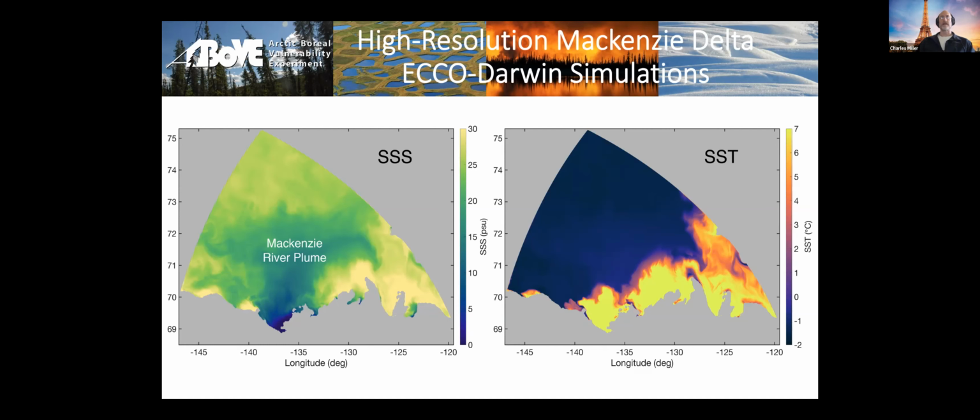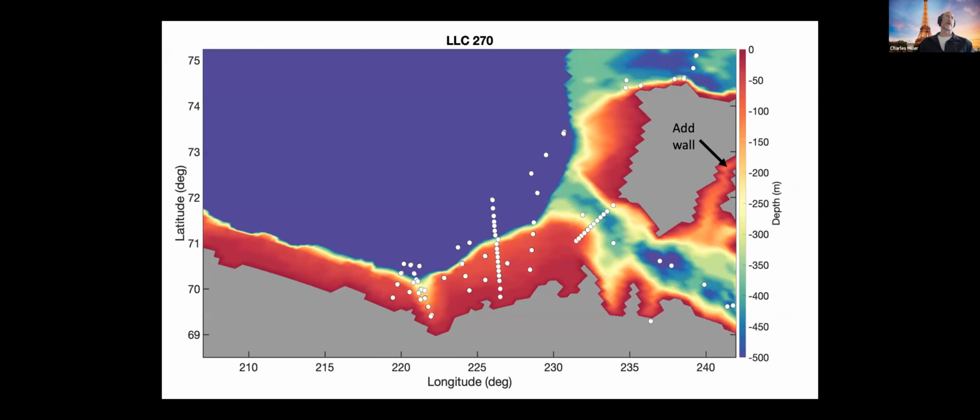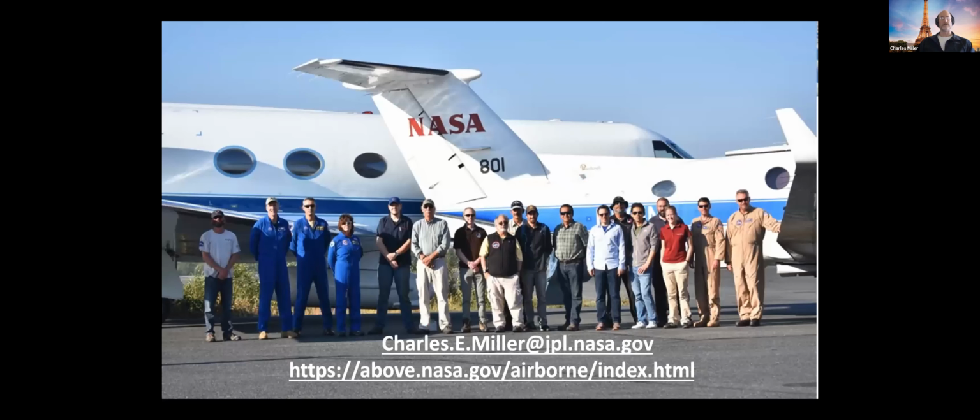I believe that is the last chart to speak to. Oh, sorry, one more chart. So looking at what Atsushi spoke about with the recent Amundsen cruise and some of the Mannino points. So here are the points that we'll be flying transects over during 2022 out into the Beaufort Sea and adjacent coastal areas. And then I think that was the last one.